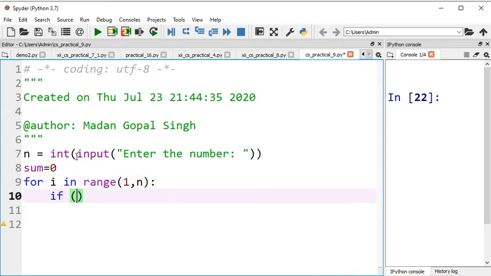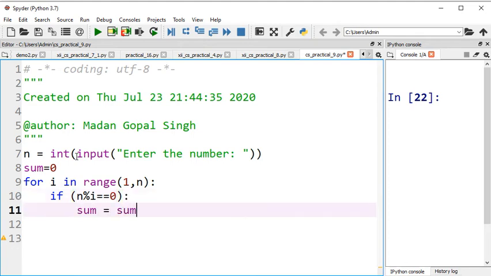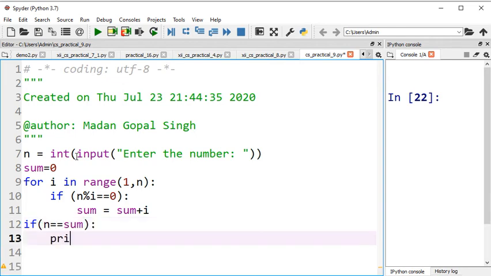So if n % i equals 0, in that case you need to write sum equals sum plus i. At the end of this for loop, if n equals sum, then we will print it is a perfect number.